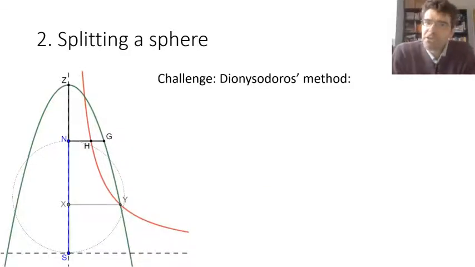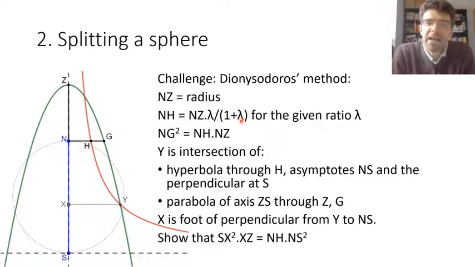So I've got another challenge for you at this point, which is to work through a different solution of the sphere sharing problem. Same problem, different solution by a mathematician called Dionysiodorus, who seems to have lived about a generation or two after Archimedes. He adds the radius on at the North Pole instead, and at the tangent from the North Pole, he marks off NH, which is the special length that we used in Archimedes' proof as well. And we also mark off NG, which is the geometric mean of NH and the radius.